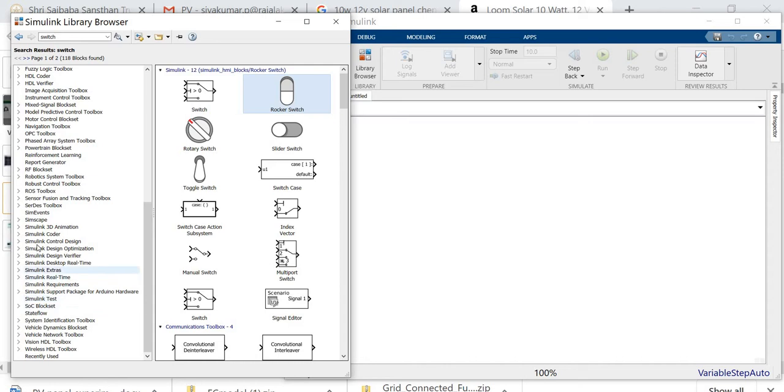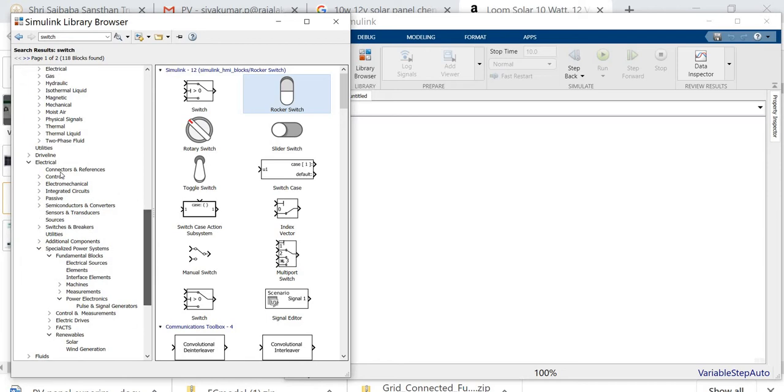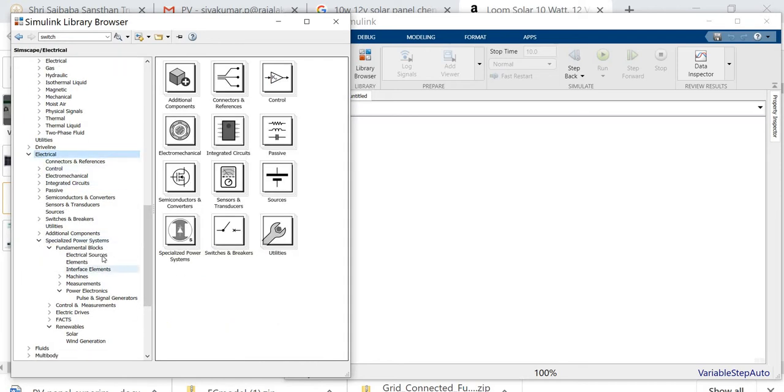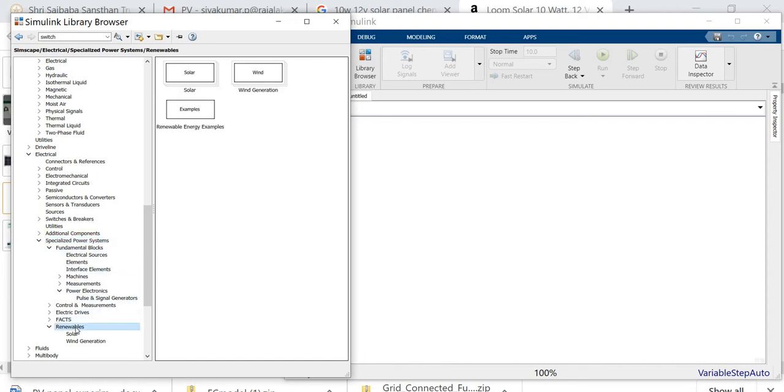I am going to click Simscape. Within it is the Electrical tab, and within the Electrical tab is the Specialized Power Systems block set. In it, under Renewable Energy Sources, the solar panel is available.